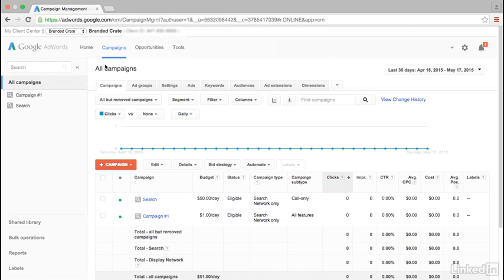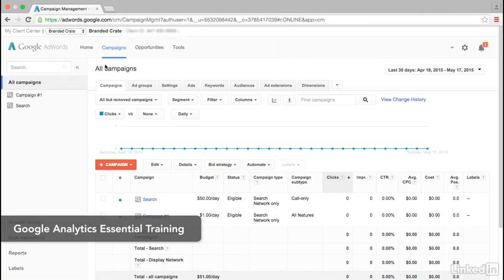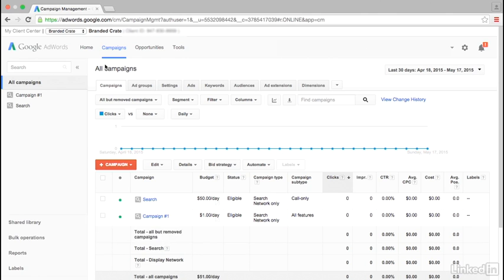Now, if you've enabled conversion tracking, then AdWords will know whether a conversion has occurred or not, but everything else that the user is doing on your website is invisible to AdWords, and that's where we need analytics. Analytics can tell us which ads drove people to keep coming back to your site or to become engaged with your content. It can tell you which keywords had people going to which pages on your site and what they did before they converted. If you're new to analytics, you might want to head over to the course on Google Analytics Essentials. But for now, we're going to walk through the process of linking these two accounts together.